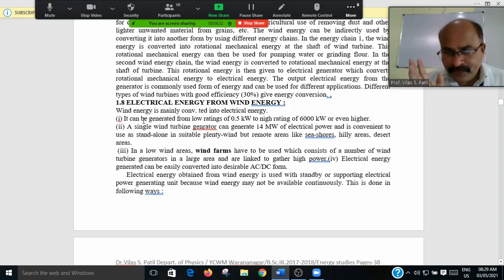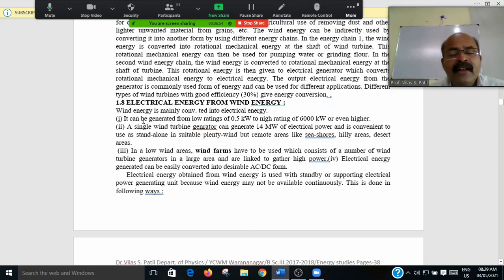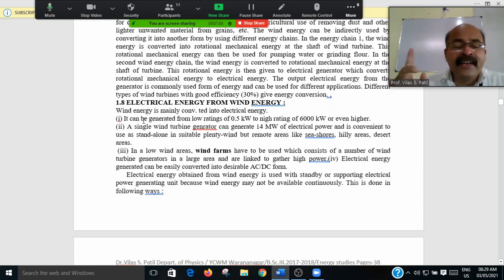6000 kilowatt, means 0.5 kilowatt to 6000 kilowatt, we can convert wind energy into electrical energy. A single wind turbine can generate 14 megawatt of electrical power and is convenient to use stand-alone, suitable where plenty of water is not available, in a remote area like the seashore, hilly area and desert area. Friends, a single wind turbine can generate 14 megawatt electrical energy, and that will be stand alone,